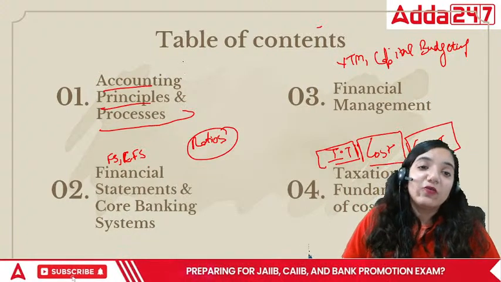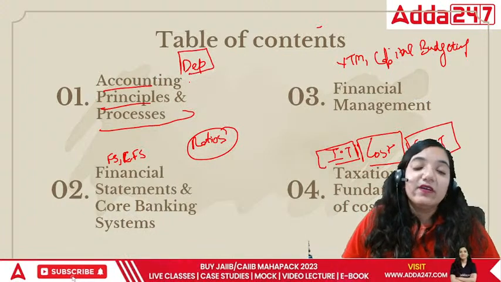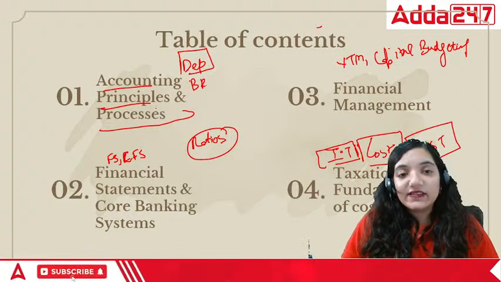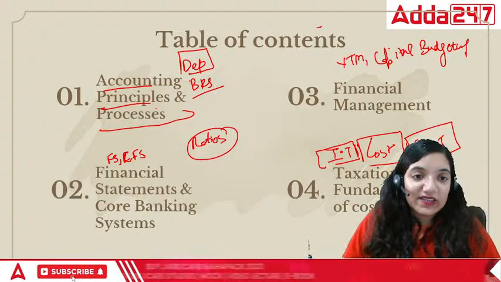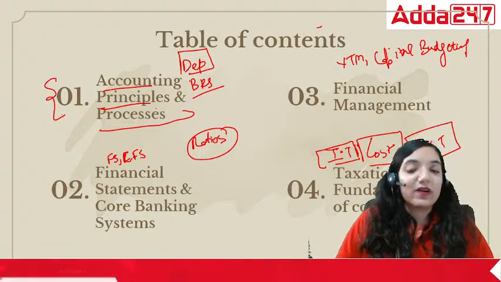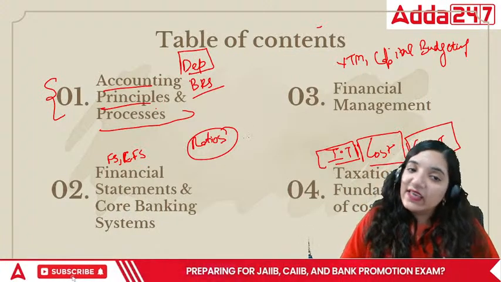In the first, we have depreciation. This is a very important chapter. We have accounting principles and concepts. Here we have BRS, bank reconciliation statement, and all the basics. So I would say this particular area, module A, will have more of 0.5 and 1 marker questions, while module B and module C can have a mix.